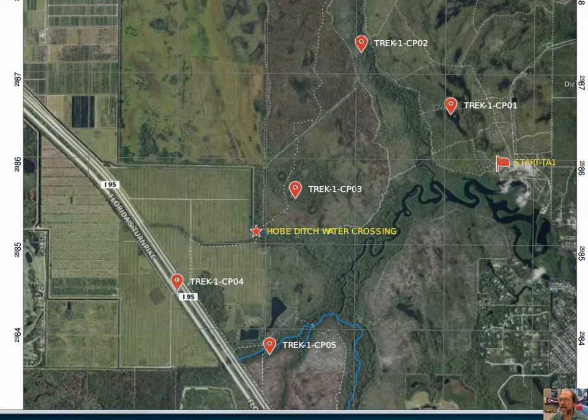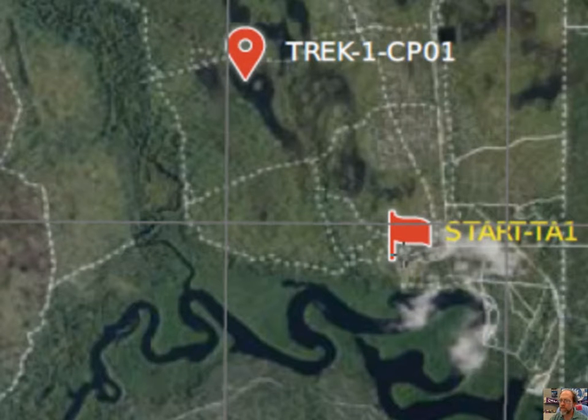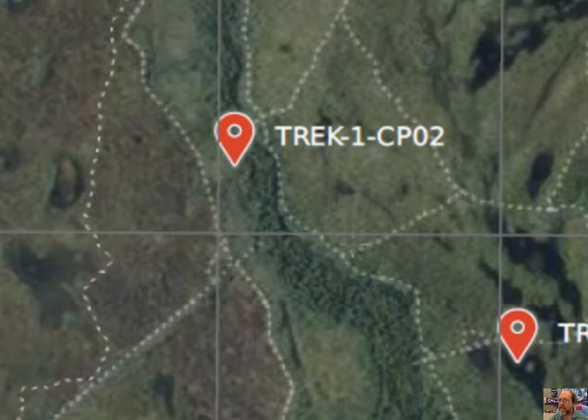Hi, let's take a look at the actual course that the elite teams had to follow in the Howl at the Moon adventure race held at Jonathan Dickinson State Park. Teams would start at the Loxahatchee Pavilion along the Loxahatchee River and go by trail network on foot to checkpoint 1, located on the north side of a wetland, and then on to checkpoint 2, which required a decision of